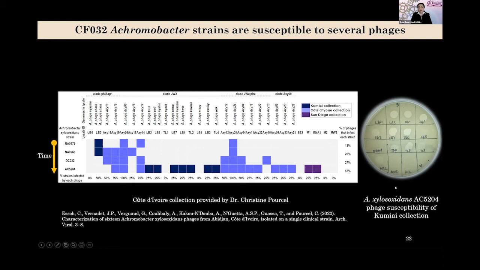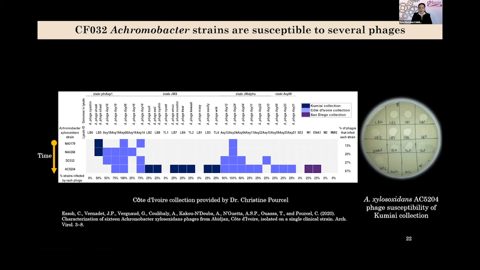And this is how the tests look. Here we have a plate where we have Achromobacter AC5204 growing, and then we put a drop of each one of the phages. And if we see clearance, it means that the phage is capable of killing this microbe. And we are doing all this work in collaboration with Dr. Anka Segal's lab, which has a great team,